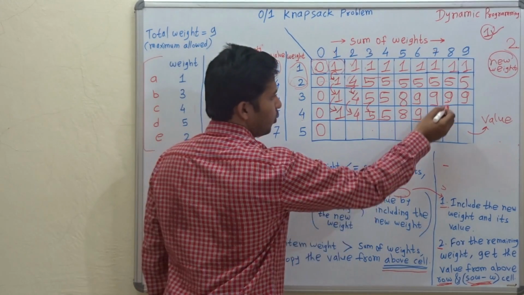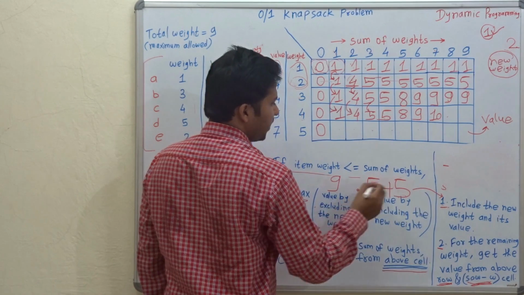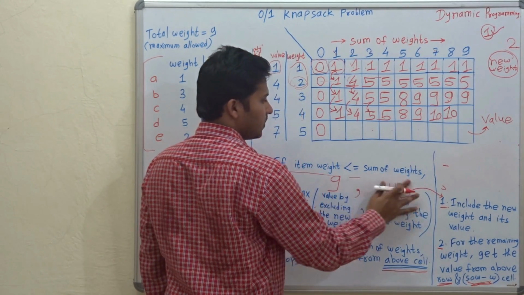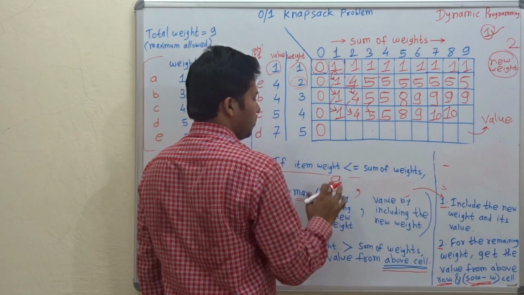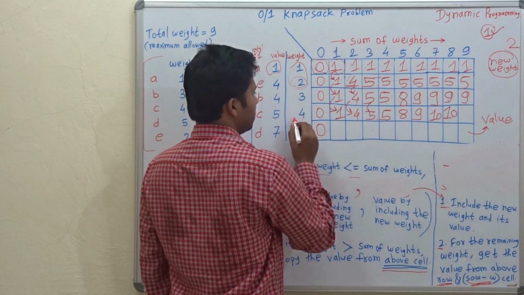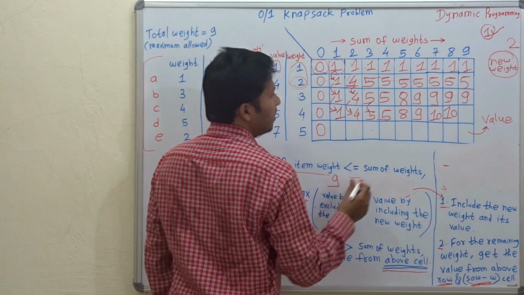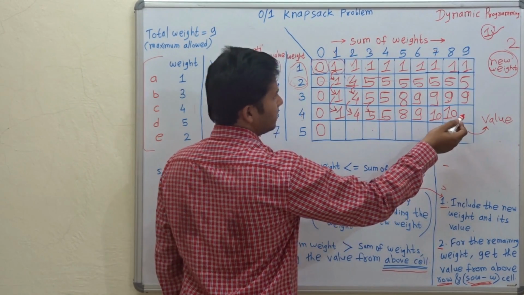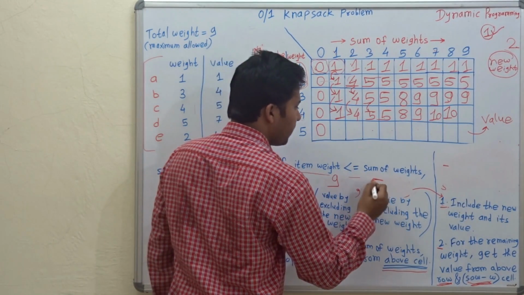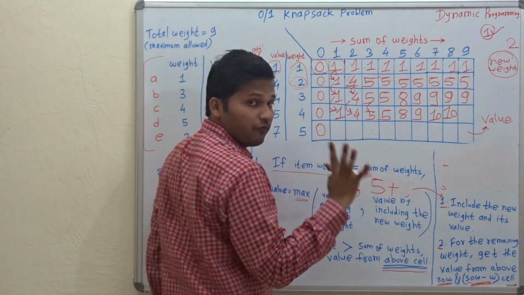Okay, in the above row we went to the fourth cell and the value is 5, and we added that 5 there. 5 plus 5 is 10, and 10 is the max. Okay, now let's go to the next cell. For forming 9, if we exclude the new coin, then the value is 9, and when we include the new weight, so these are the two steps. Include the new weight 4, and the value is 5, plus 9 minus 4 is 5.